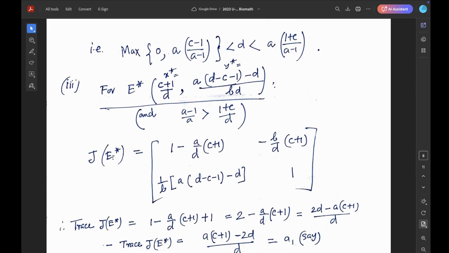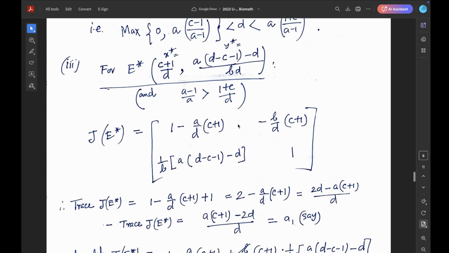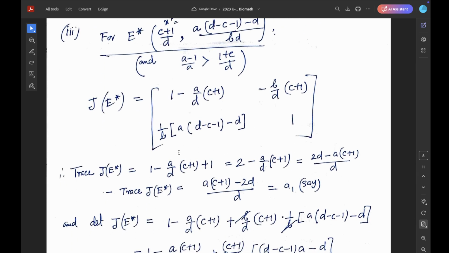So the Jacobian at this point E star: put X star equal to X and Y equal to this in the Jacobian matrix. So we get 1 minus A by D bracket C minus 1, minus B by D bracket C plus 1, and 1 by B bracket A bracket D minus C minus 1 bracket close, minus D. Now the trace of J at the point E star, this plus this, so we get 2D minus A bracket C plus 1 whole divided by D,